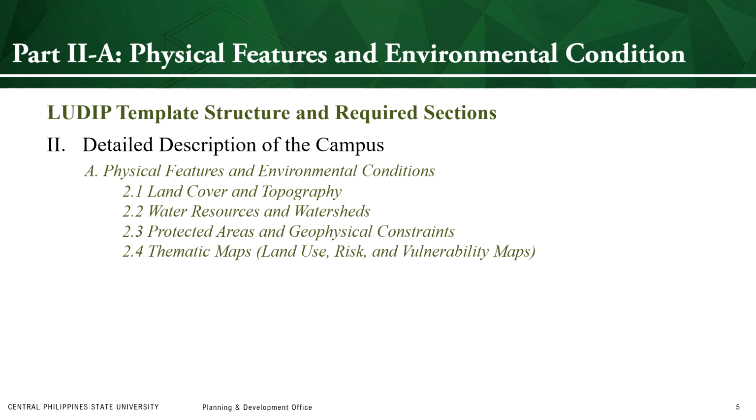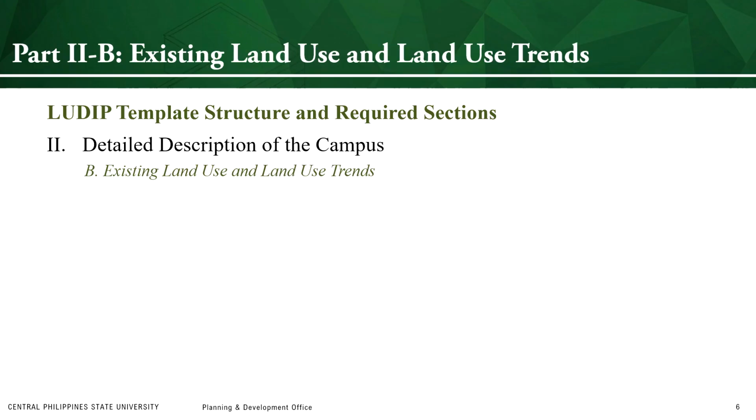Required maps include a general land use map, climate and disaster risk maps, and municipal risk and vulnerability maps. These are not decoration. They're decision-making tools that every reviewer will examine closely. Group B, Existing Land Use and Land Use Trends, documents how your campus land is currently being used and where